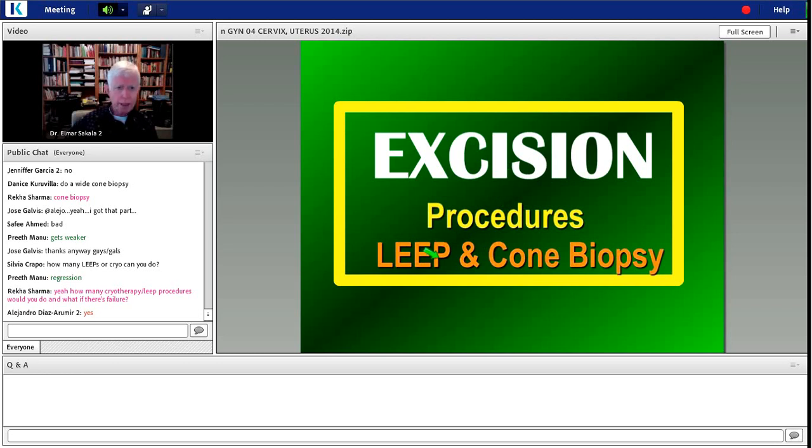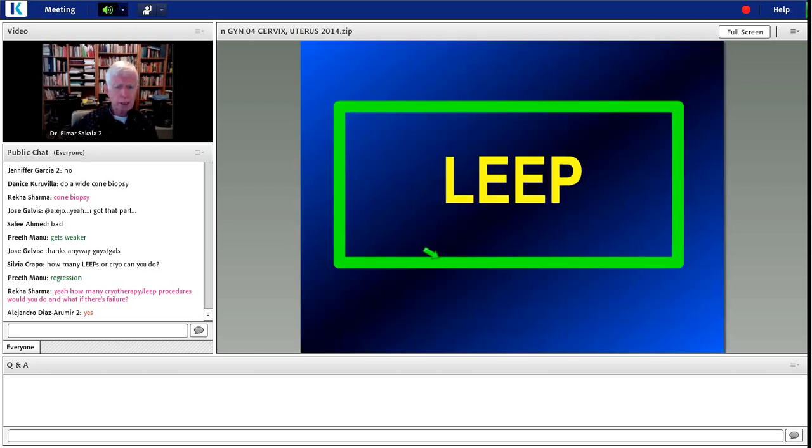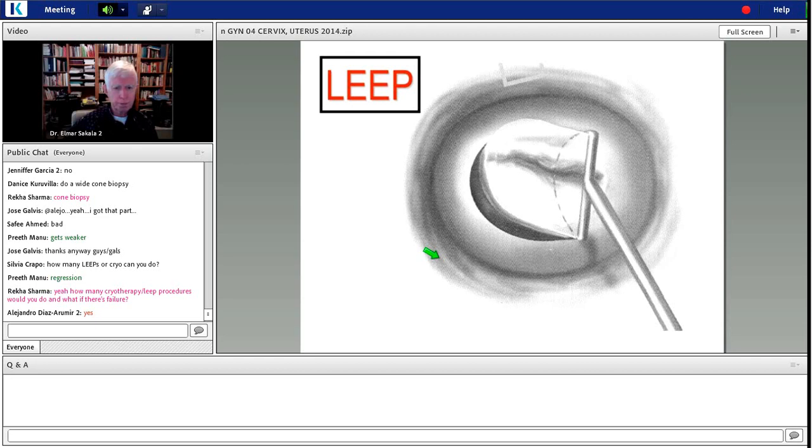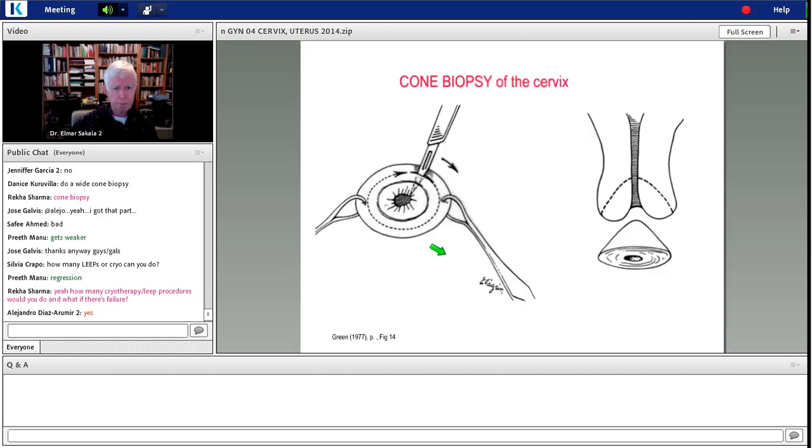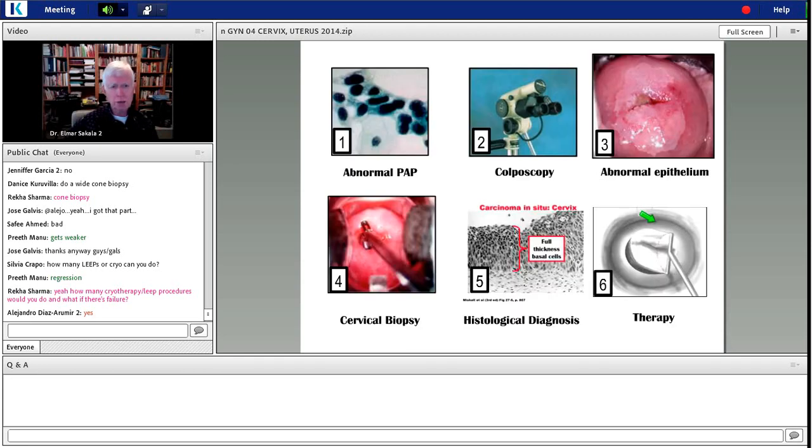We talked about excision. The most common one is LEEP. And then the conization we talked about. This is the wide and shallow cone biopsy. So to summarize,